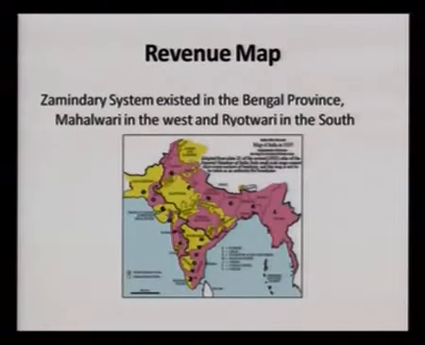Similarly, the Ryotwari system in the south was different from the Jamindari system, but the end result was the same. He was the middleman, and there was the Mahalwari system in the west. They used to collect the revenue, and like a Jamindar, they were also behaving very tyrannically, because when you give power to a person over a period of time, they start exploiting people. Indian people were very poor. They were also not considering the poor status of the farmers or local people. They were interested in collecting money. So that is why the British period was really notorious for its exploitative culture.